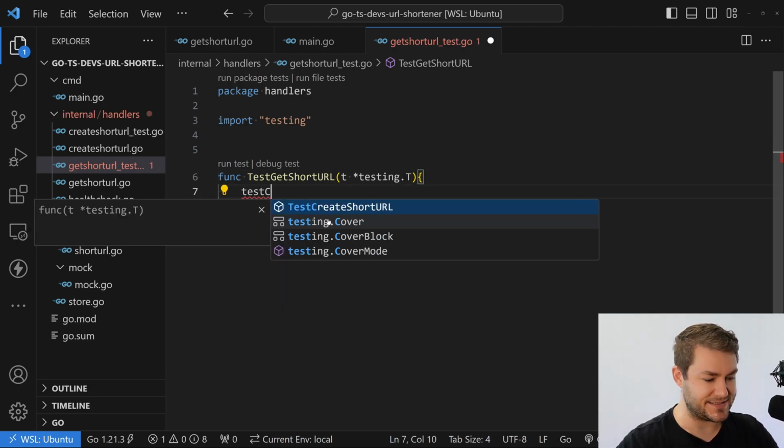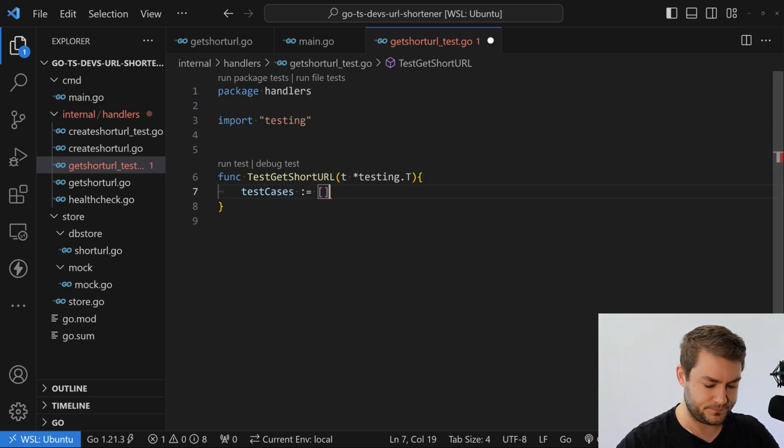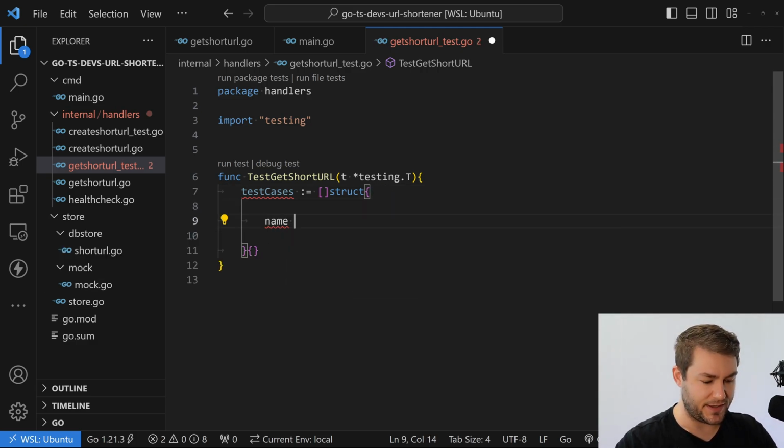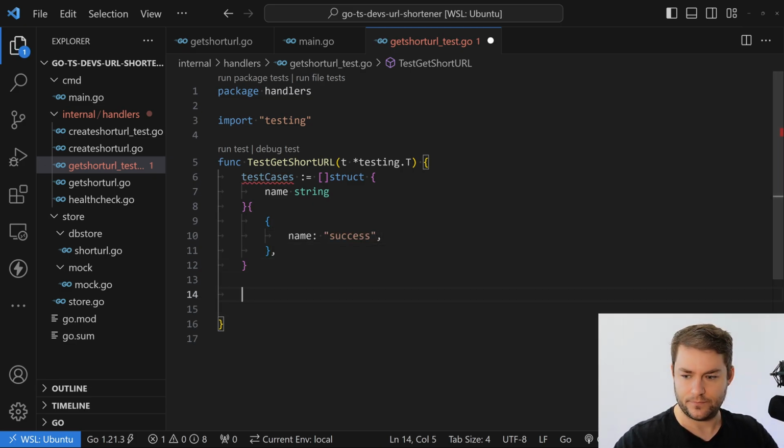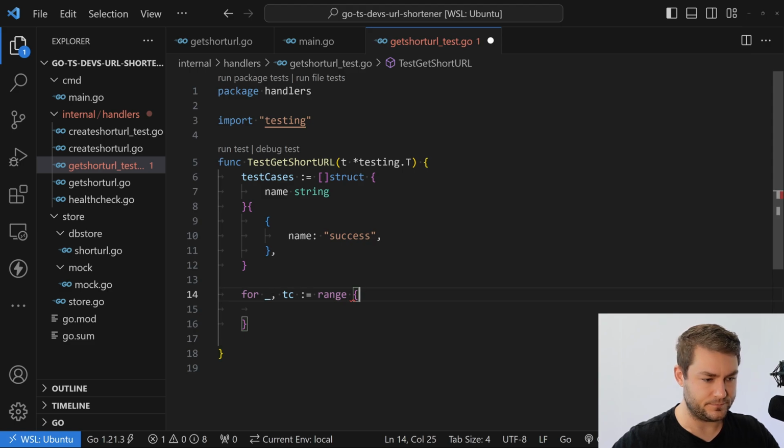Then we're going to have our test cases. This is going to be a struct, and we're going to have one property on here, and this is going to be name. Let's have one test case, and this is going to have a name of success. Let's keep this simple. Okay, so now let's loop through these test cases. So for, get out our index, get out our test case, assign the variables to a range,